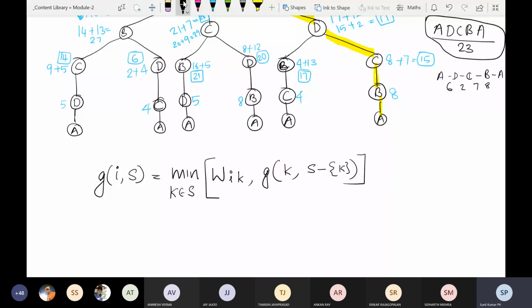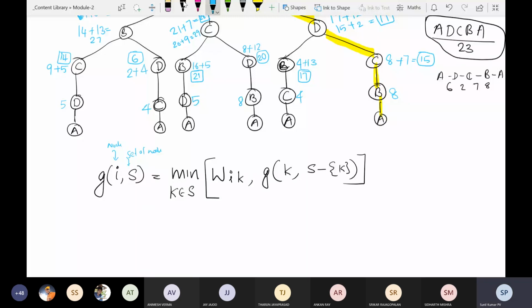So you just understand this formula. This is a recursive formula because G(I, S) is what we are trying to find out, and it again consists of G here. G is the cost function. You can use C or any other letter. That is to be found out, but here it is recursively applied. You can see the first argument to this G is a node, and the second is a set of nodes.